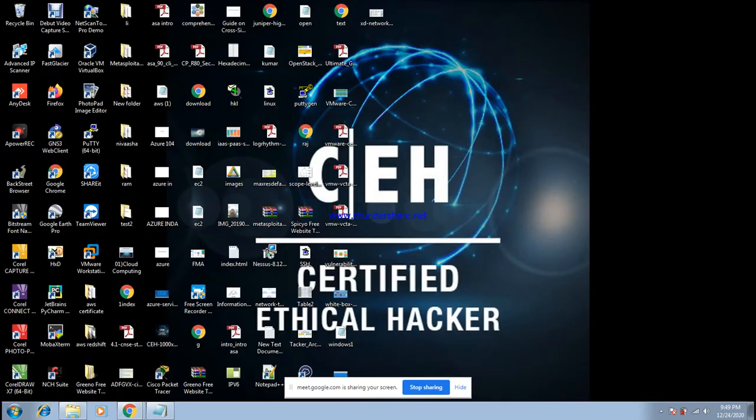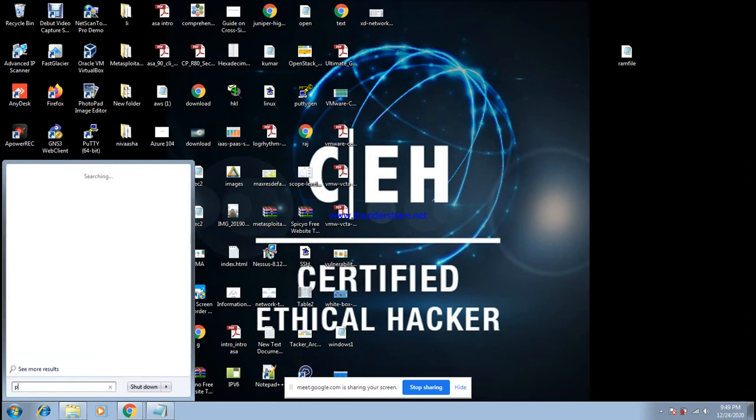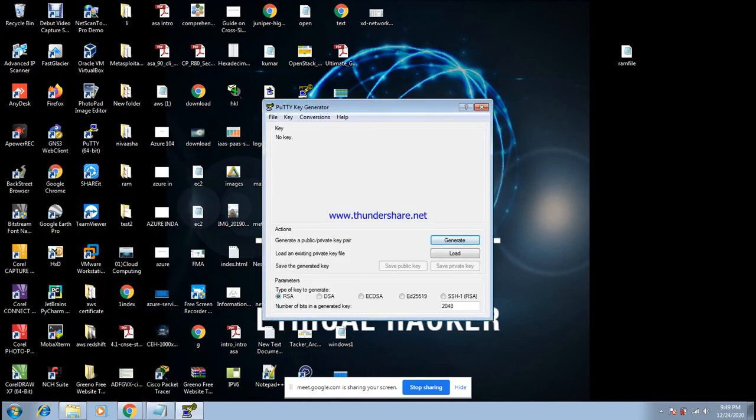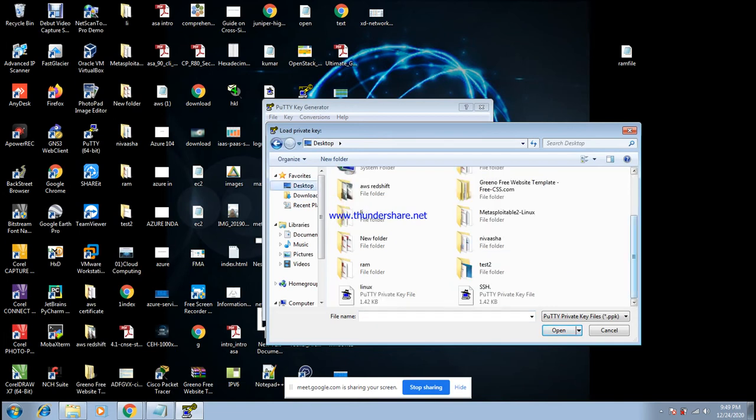This key I want to change into PPK file format. So I open PuTTYgen, go to File, and click Load private key. Then I select the PEM key I downloaded on the desktop.